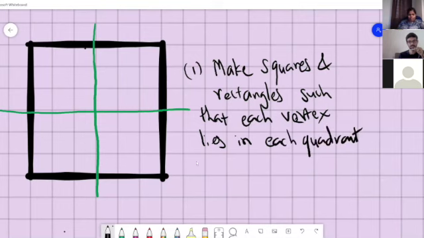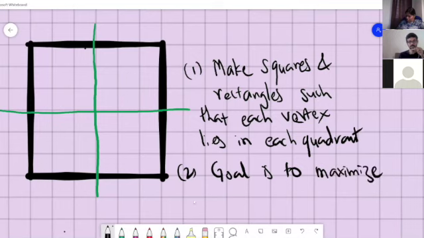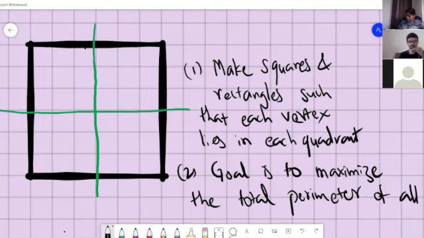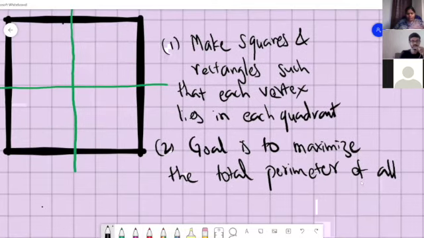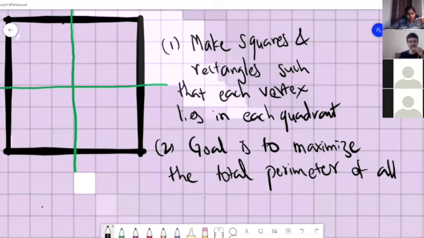In each quadrant, the goal is to maximize the total perimeter of all the shapes. Total perimeter means take the sum of the perimeters of all rectangles or all squares.